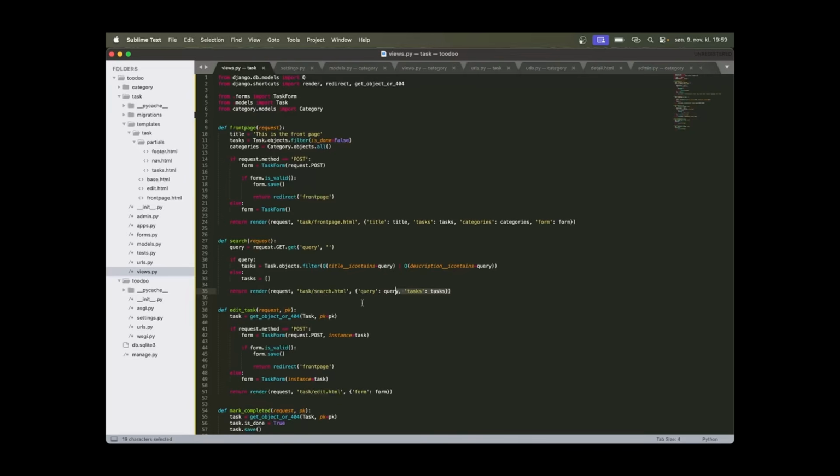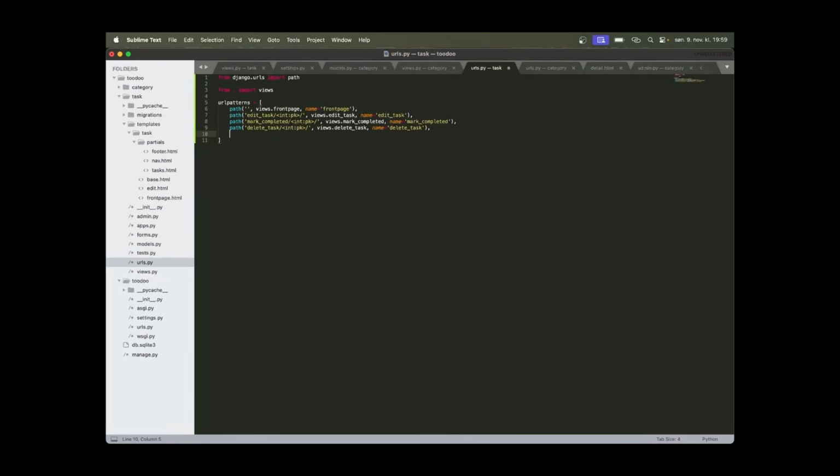So before we create the template, we can just add this to the urls.py file. At the bottom here we say path, and when the path is search slash, then we want to render the view called views.search. Give it a name, search, and save. Then we can create the template,